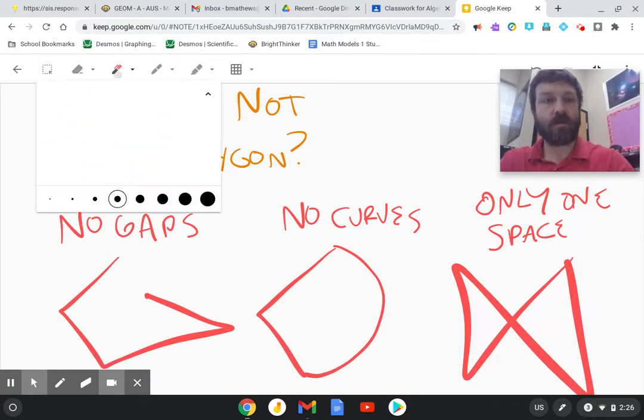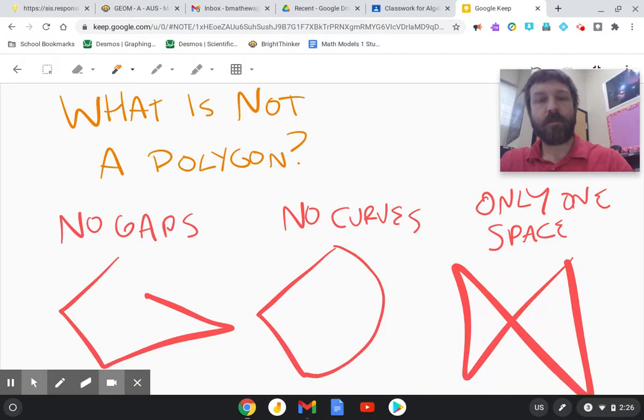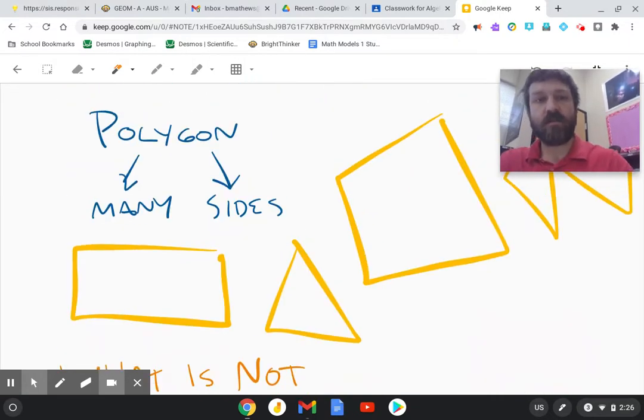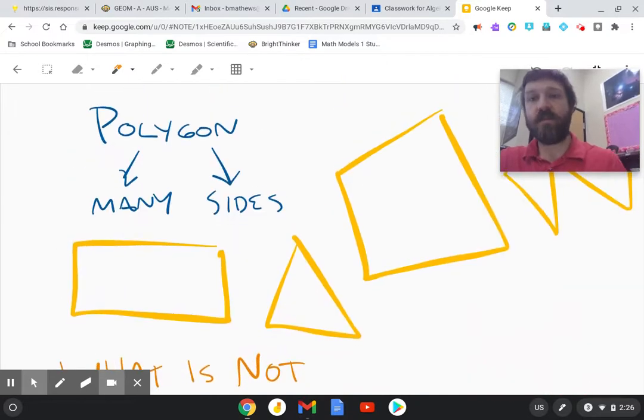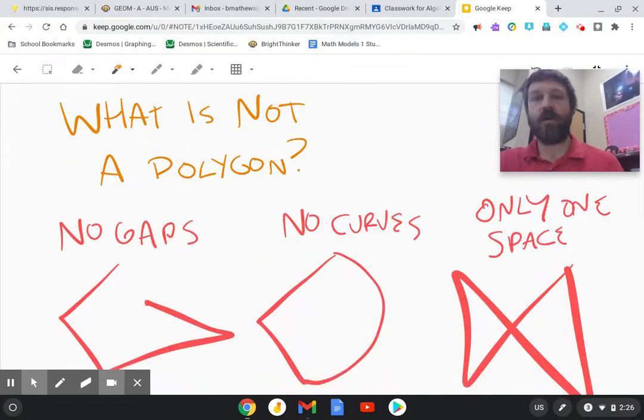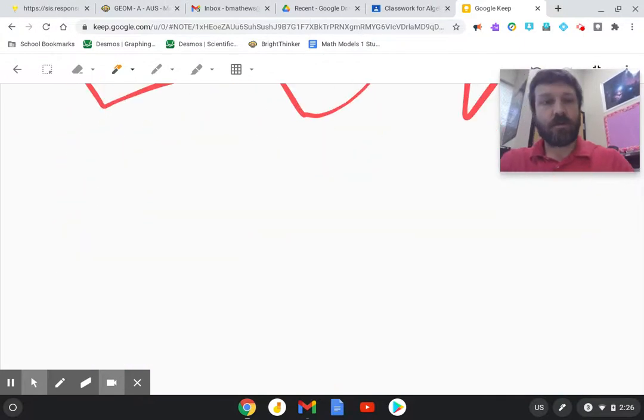So let me fix that letter there. So that's one major concept you need to know. A polygon means many sides. It's all made of straight line segments, no gaps, no curves, and encloses only one space. When we look at a polygon,